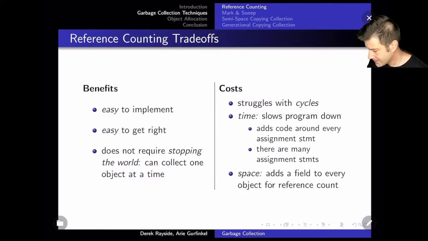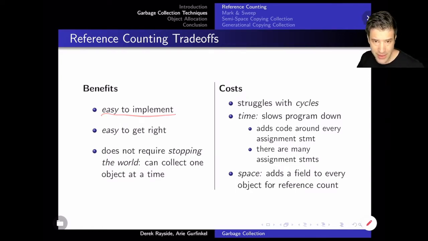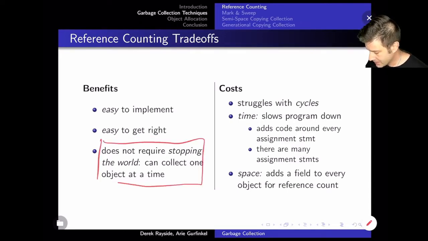So the benefit is that it's pretty easy to implement. It's fairly easy to implement automatically in a language. It's also a very common thing to use in a library, so in C and C++. One way to simplify memory management is to add this reference counting. It's pretty easy to get right in terms of implementation. And most importantly, it has a pretty good